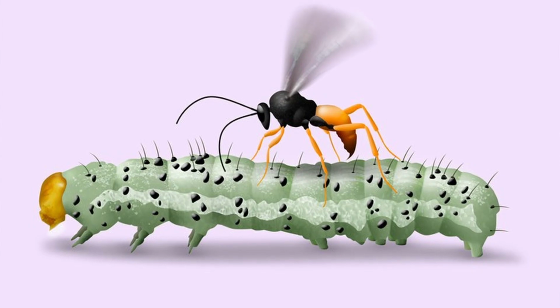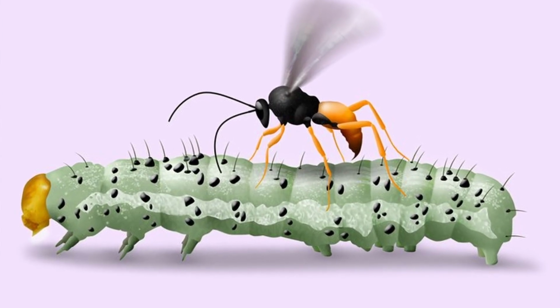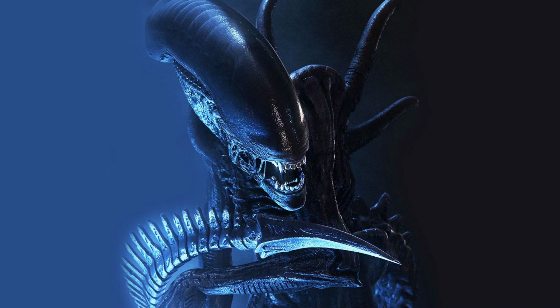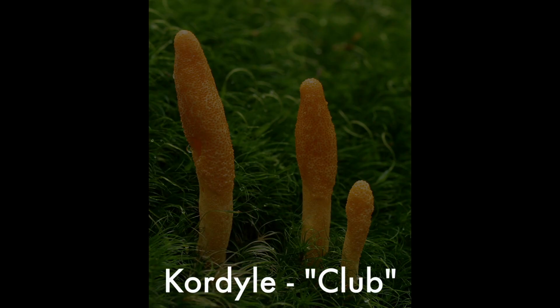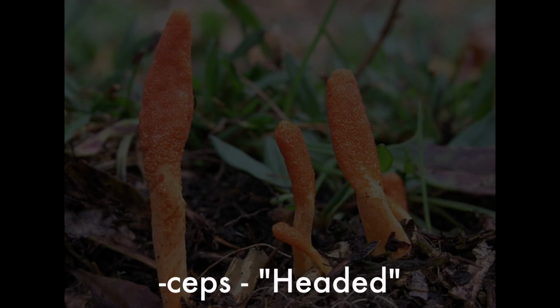Most of the Cordyceps species are parasitic, and typically they infect insects and arthropods. Now here is a brief primer on parasitoids. Firstly, these are organisms that live and feed on host bodies, eventually resulting in the death of the host. The parasitoids have strategies for growth. Some live inside the host body called endoparasitoids, like the xenomorphs in Aliens, while some live outside called ectoparasitoids. Cordyceps are endoparasitoids and typically they kill or disable the host. Fun fact, the name Cordyceps is derived from the Greek cordyle, meaning club, and the Latin suffix ceps, meaning headed.